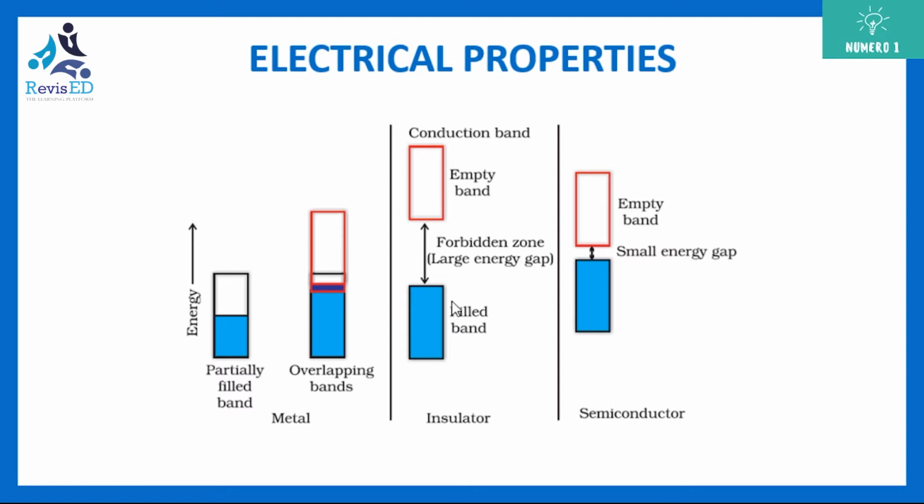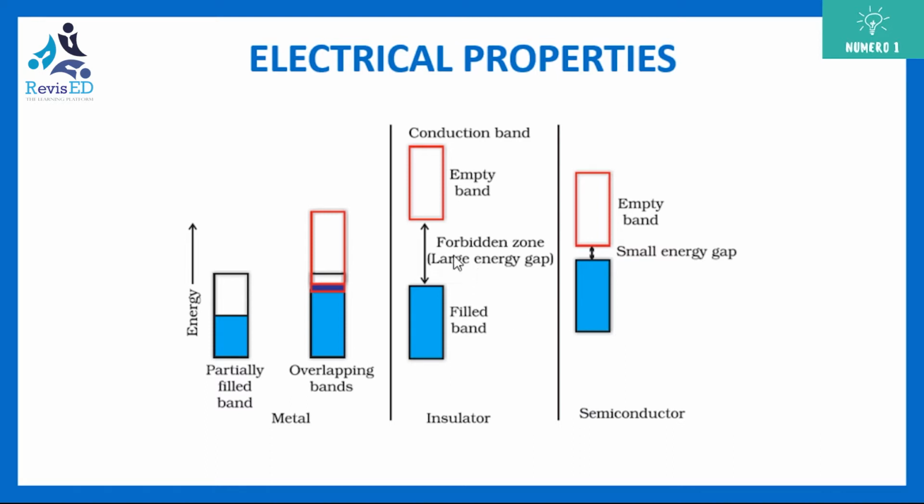Okay, so this is your filled band, that is the valence band. So from here to there, an electron needs a lot of energy to go. That's why insulators have a very low conductivity. So this is your lower valence band, whereas this one is your conduction band. Now, in case of semiconductors, the energy gap is very, very small. So if you provide some energy, some of the electrons might jump from here to this empty conduction band, and semiconductors are able to conduct some